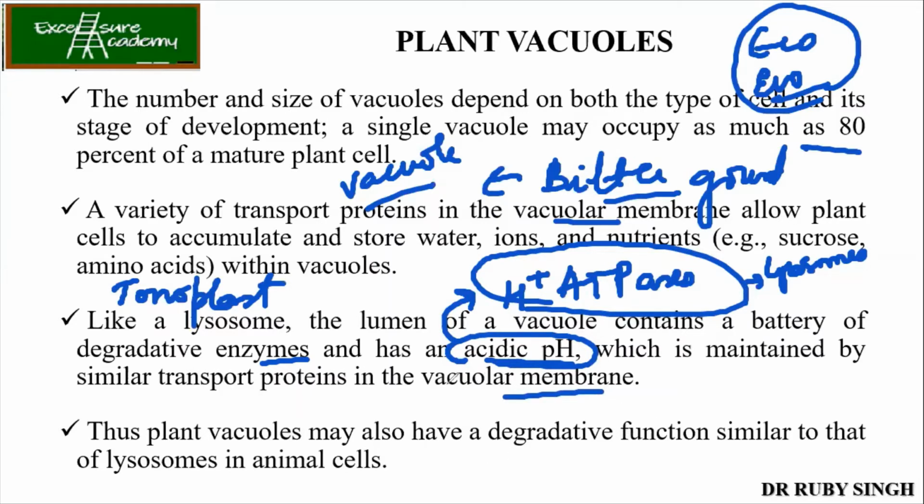Now, what kind of functions do the vacuoles have? They have storage, and they also have a degradative function. So what kind of degradative function do they have? Any idea? You people are from botany, right? So you should tell me. What kind of degradative functions do they have, similar to lysosomes in animal cells? Yes, Mahima? Rinki? Ma'am, development, plant development, elasticity. No, they're asking about the degradative function, like what kind of degradation or proteolytic function is there.